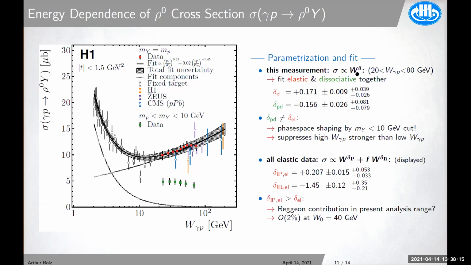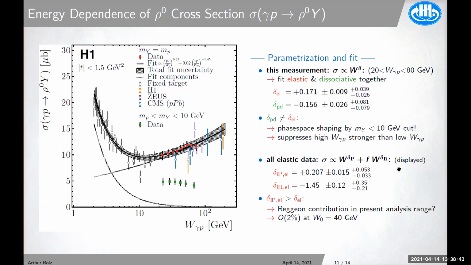We parameterize the measured elastic and proton dissociative cross-section with a simple power law, where the parameters are given here. Particularly, one thing to consider is that the elastic cross-section rises slowly with energy, as we would expect, but the proton dissociative component falls. One has to be a bit careful when interpreting this, because the cross-section for the proton dissociative component is quite heavily shaped by the phase space restriction, MY smaller than 10 GeV, which in particular suppresses the